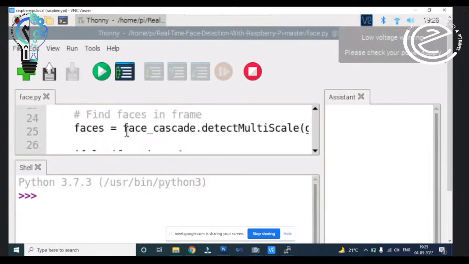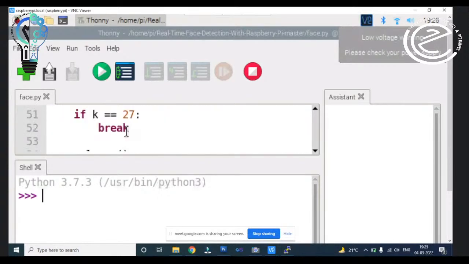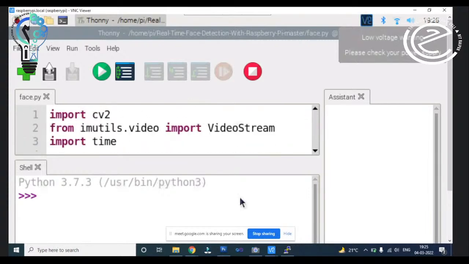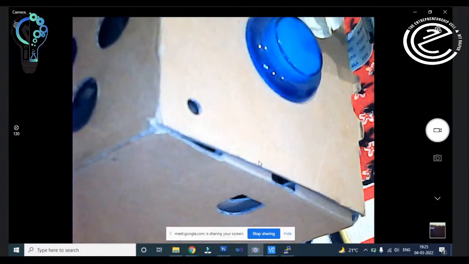I just wrote this program, and I can run this program, and it will access the camera of the Raspberry Pi board. So you can see the camera in the Raspberry Pi board, the small camera which is connected. This is the small camera which is connected with the Raspberry Pi board.